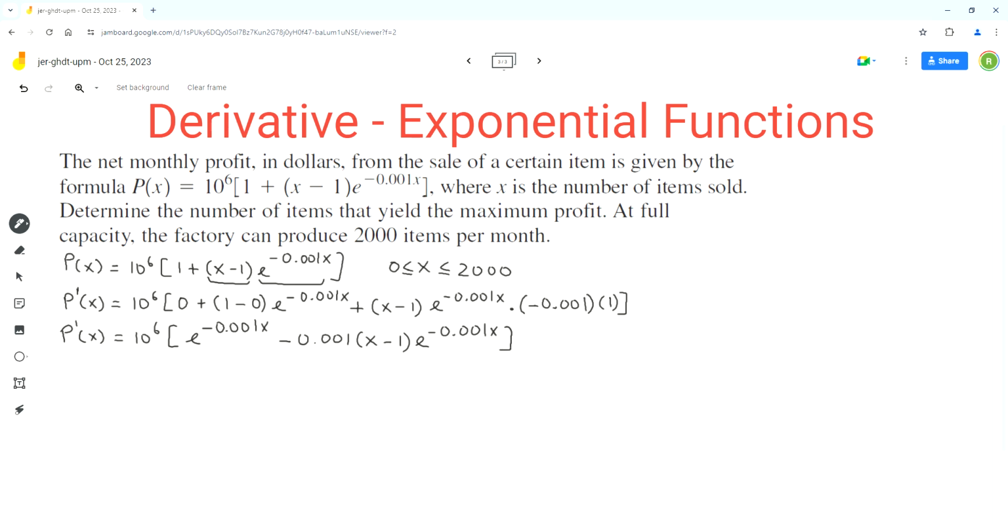Now we can set the derivative equal to 0 to find the x values where the tangent is horizontal. Now we can factor out e to the power negative 0.001x from both terms in the brackets. So we are left with